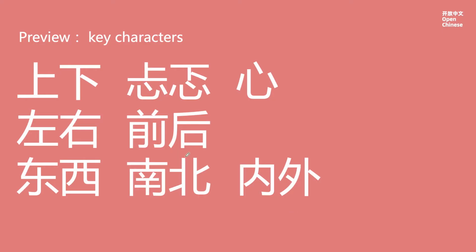Before we start our lesson, we should preview what we're going to learn today, and I'll read each word. You could pause and read after me. 上下忐忑心左右前后东西南北内外